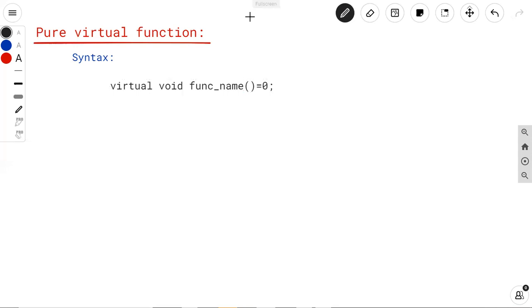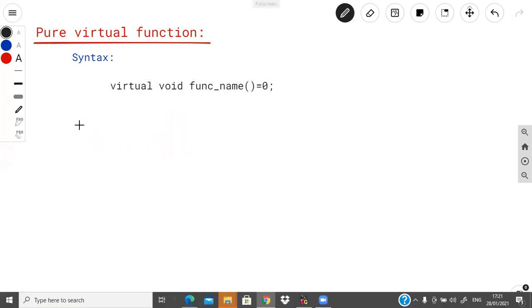If we try to create an object of an abstract class, then it will show an error message. Fine. So we can redefine this pure virtual function in the derived class also. Are you getting the meaning of pure virtual function?